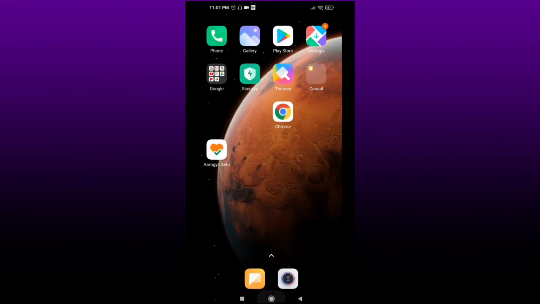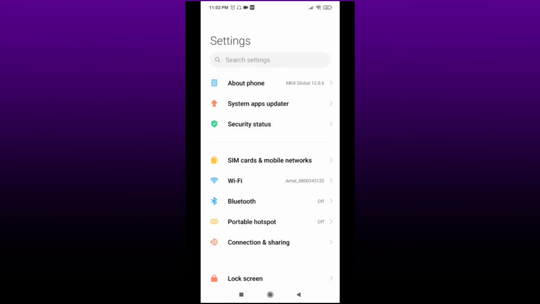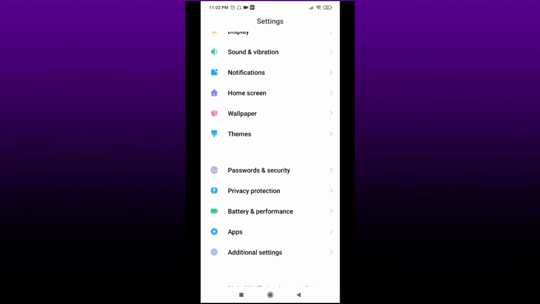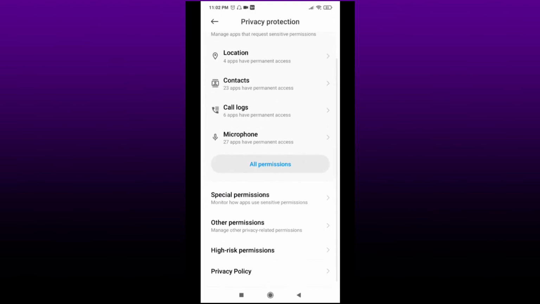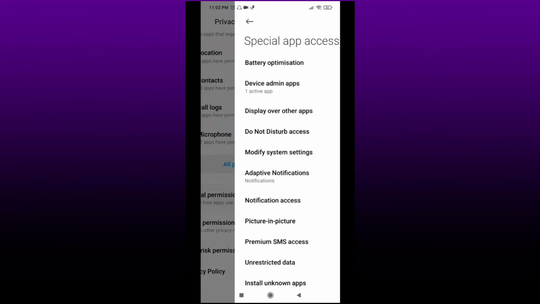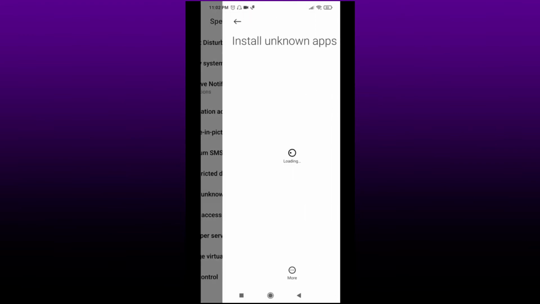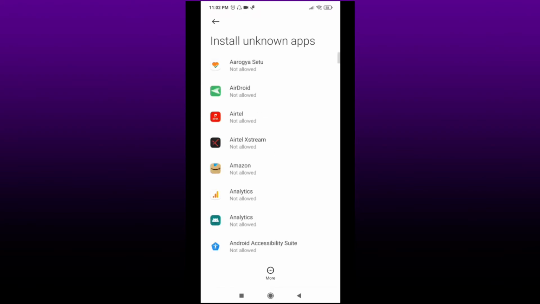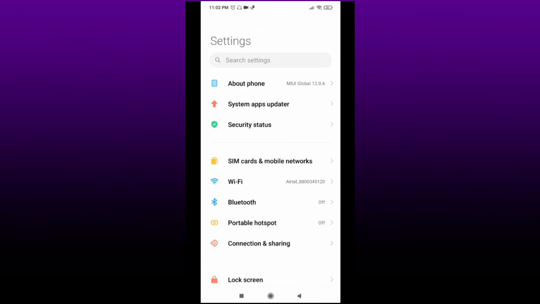First of all, we have to go to settings. Then tap here on privacy protection and tap on special permission. Now here you can see install unknown app. Okay, that is one way, and the second way is you can just type here